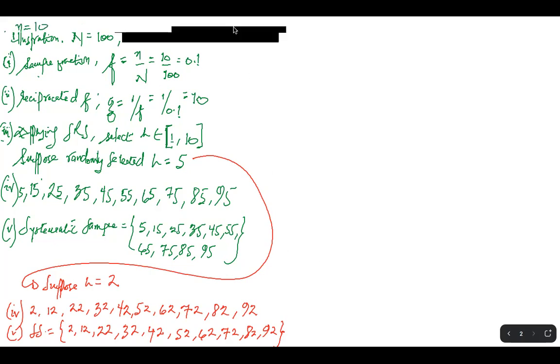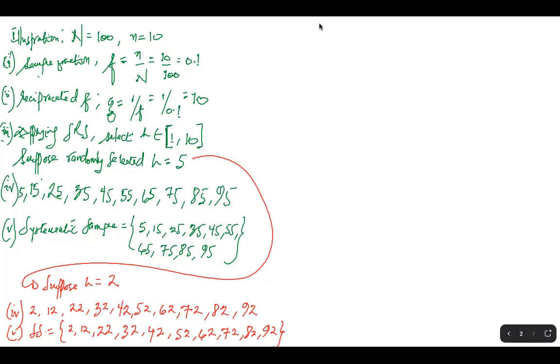So this is how you go about it. I'll encourage all of you to experiment with other values. In fact, you can define your own big N and then your own small n and go through the process and try and select different H's. At the end of the day, your answers should still be very scientific. Okay, so you realize that here it's very systematic in the way we select the values. All right. So this approach is very useful when we want to ensure diversity. Okay, when the population is very widespread and we want to ensure that we include as many demographics as much as possible. All right, good. Now let's look at